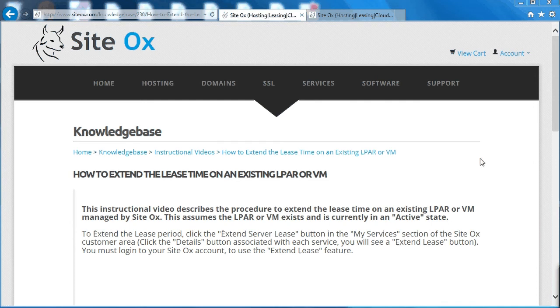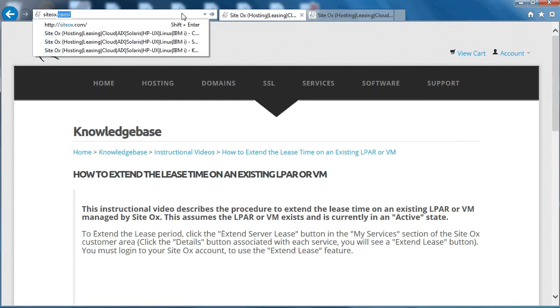Welcome to this SciDocs instructional video on how to extend the lease time for an existing server currently leased at SciDocs. This video assumes that you already have a login account at SciDocs and that you currently have an active lease server at SciDocs. So to begin, open a browser window and point that browser window to scidocs.com,